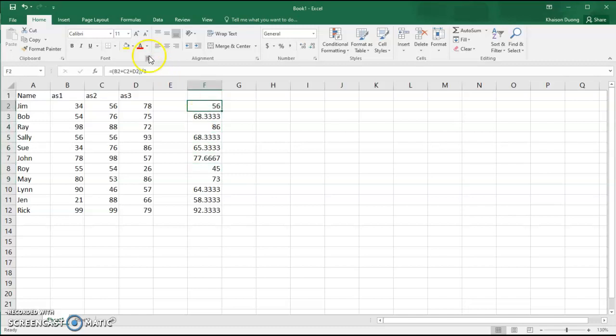So you can see up here, take a look at these numbers here, B2, C2. So if I go down the list, you can see it changes to B4, B5. So Excel is smart enough to figure that out, which is really handy. So you only have to write the formula one time, and then you can just autocomplete